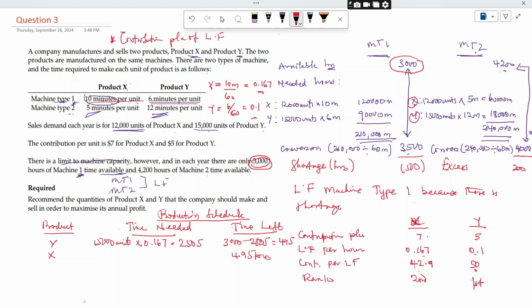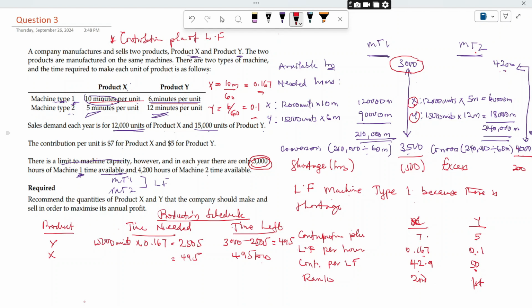What do we do now? Since we have 495, we need to use it to produce the rest. So here you realize that we can only use the 495 here, and the machine hours per unit of